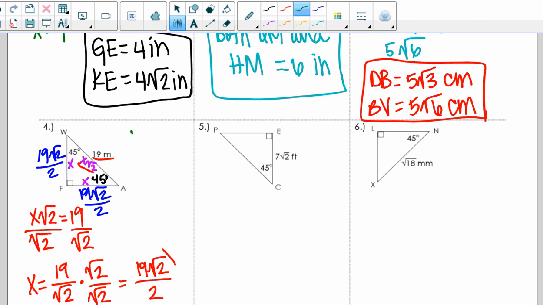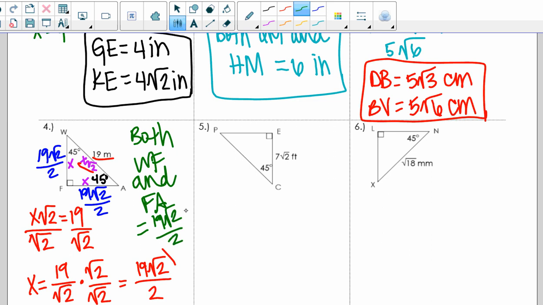Okay, so both WF and FA equal 19 radical 2 over 2. I know it's ugly, meters. Just leave it like that though. Okay. All right, over here, if that's 45, so it's this, making this x,